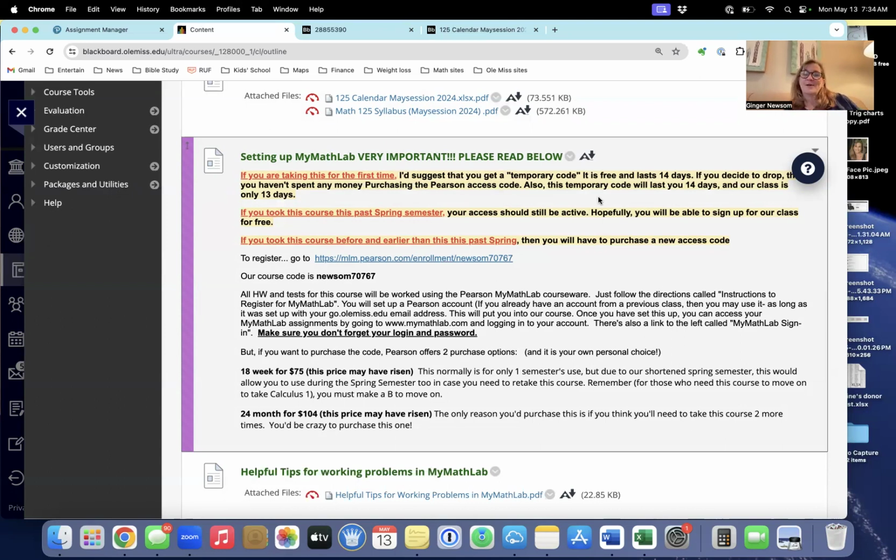It's free. Okay, if you took it last semester, the access that you purchased in January should still be active. And you know, I haven't been able to get on there as a student, so I'm not sure exactly how that works. But you ought to be able to enroll in a class. Okay, and since you already have your access code, I think your course is still showing up from this past spring. I have it set. I think it ends maybe tomorrow. So it does show up there.